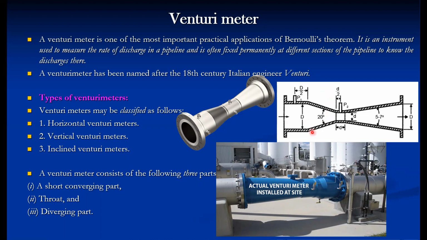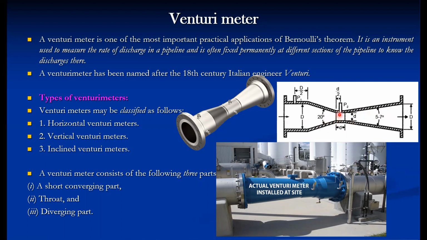Now we will discuss how to calculate the discharge when this is a closed conduit, that is, how to calculate the discharge using the venturimeter expression. Here the angle of divergence is less than the angle of convergence, because if there is a sudden exit, there is the possibility of separation. To avoid the separation, the angle is increased gradually so that there will not be any separation taking place.